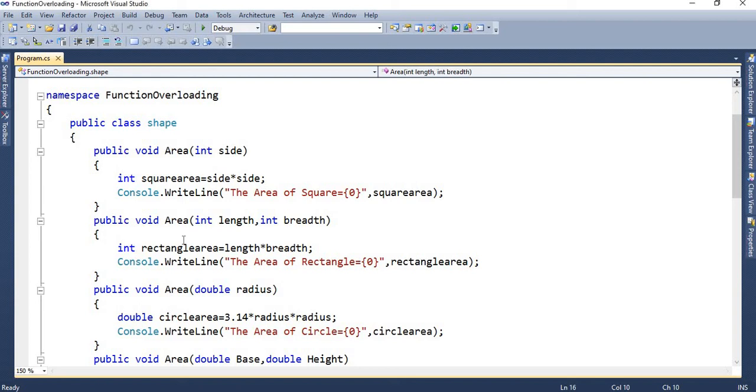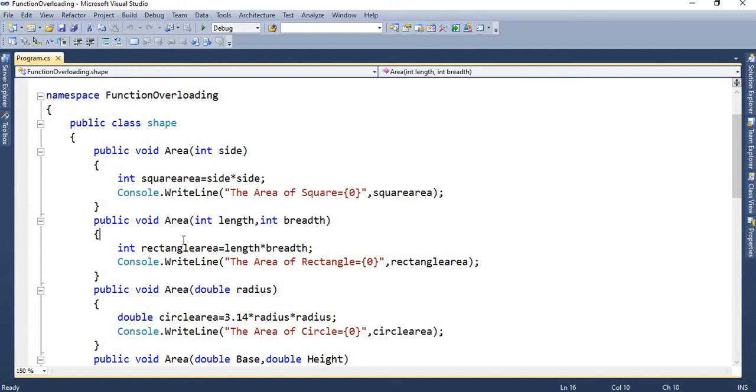Today we will understand the concept of function overloading. Function overloading is also known as method overloading. It is a programming concept that allows a programmer to define two or more functions with the same name. C# also allows us to define multiple functions with the same name, differing in the argument type and order of arguments. This is known as function overloading.